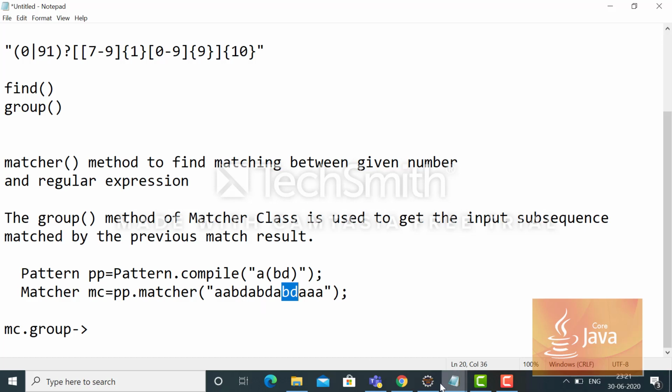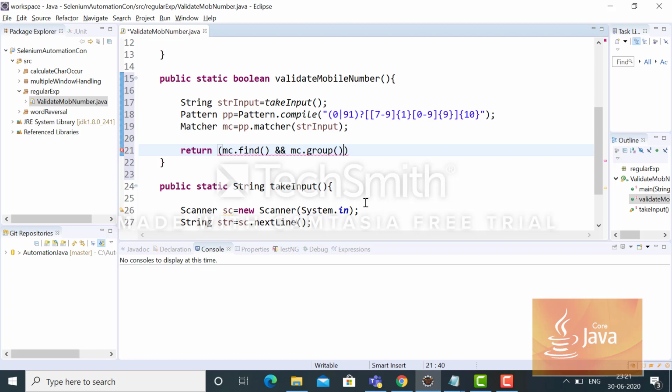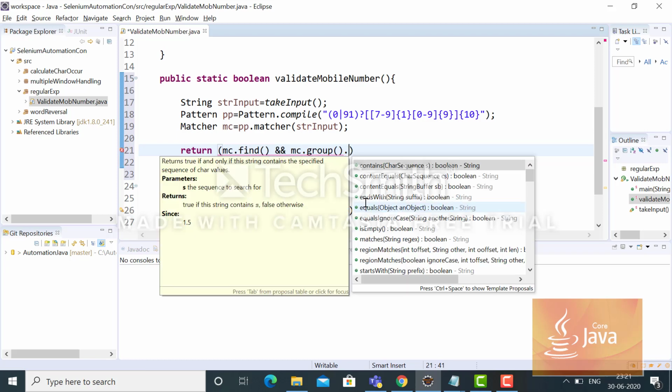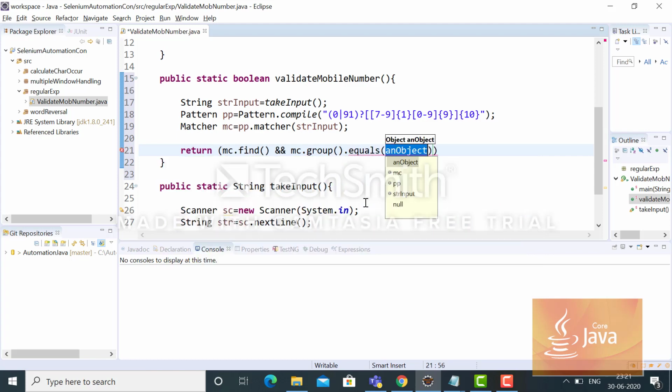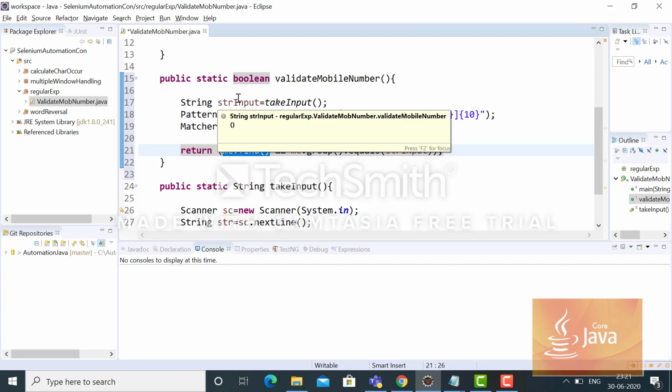And if I write it this way, then after getting the extracted matching pattern, I have to compare whether my input string falls within that matching pattern or not. If my input string falls within that earlier matching pattern, and find is true, then obviously I can tell that this is a valid mobile number.